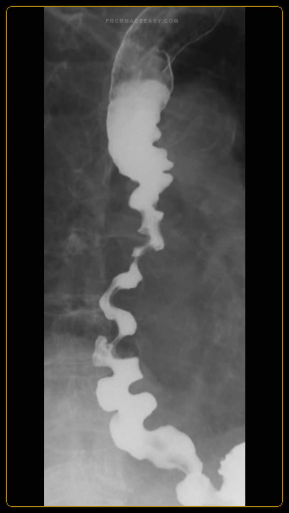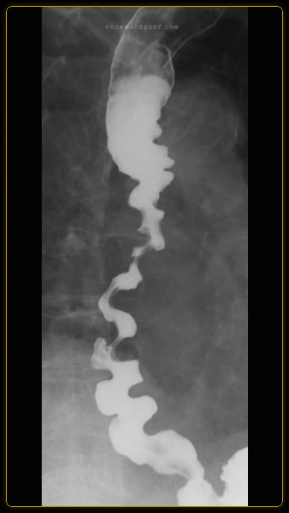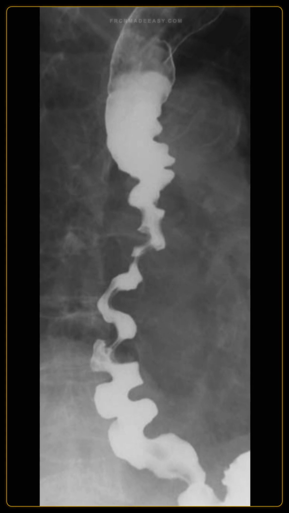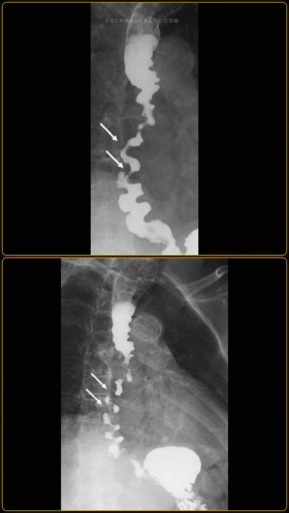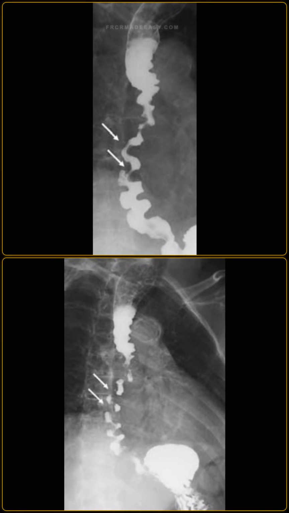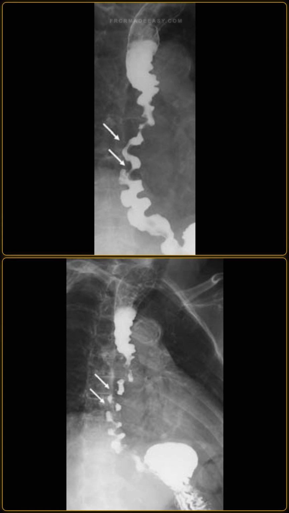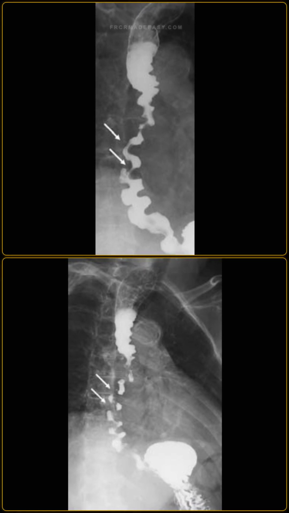A 90-year-old female presents with retrosternal chest pain and dysphagia. I am showing you barium esophagograms. Describe the findings. Okay, looking at the images, the esophagograms demonstrate multiple simultaneous non-peristaltic contractions in the distal two-thirds of